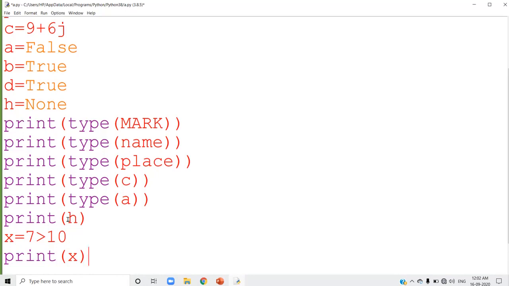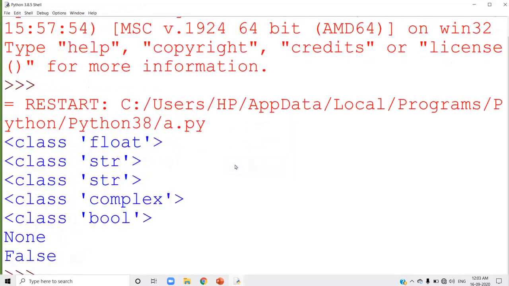First it will evaluate 7 greater than 10. 7 greater than 10 is a false statement, because 7 is less than 10. So you will get a false answer there. That false is given to the variable x. Now run this program. When you run it, the last answer is false.